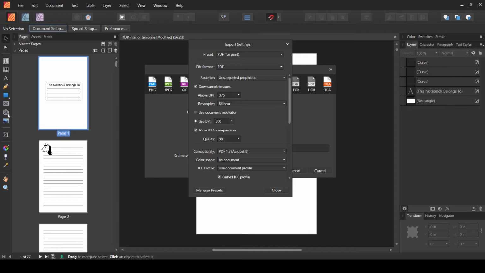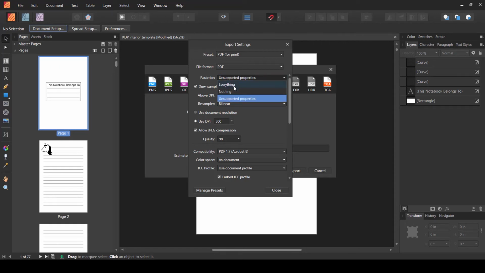If they are unsupported by the PDF, by choosing this rasterize option they will be rasterized at 300 dpi, so they will not be blurry and will be in good quality. So make sure that in Rasterize you have selected unsupported properties.